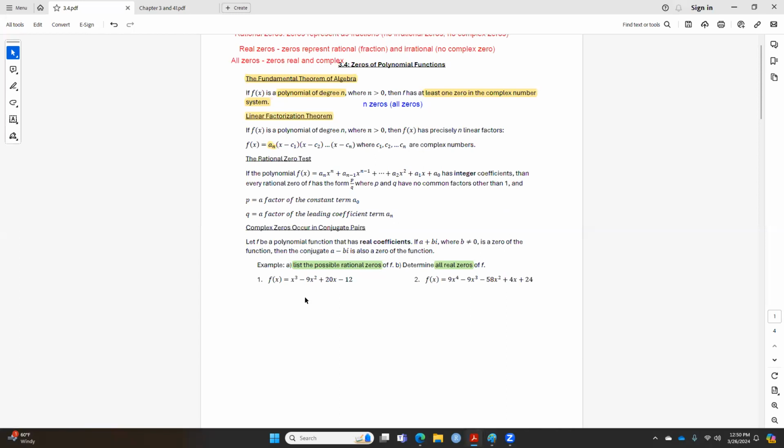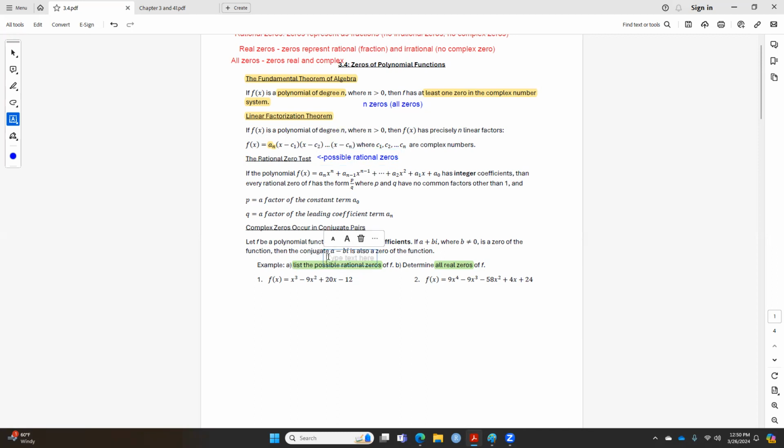So is that a shortcut I mentioned, right? The answer is yes. And what is the shortcut called? The shortcut is called the rational zero test. Okay. Now, what does this shortcut do for us? This shortcut will tell us the possible rational zeros. If you look at question A in here, they ask us to list the possible